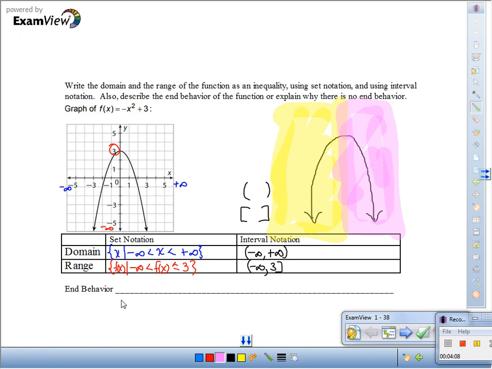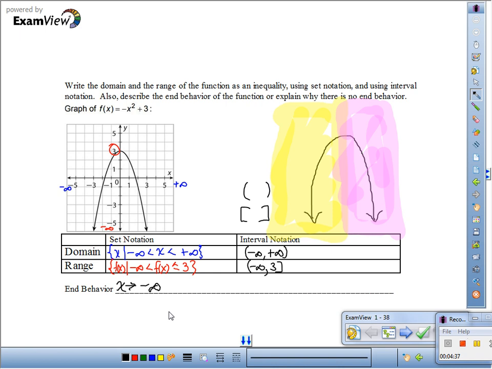Okay, so I'm going to first focus on this end, that it continues downward, but it continues opening up. What happens to the x values as this continues going downward and opening up? They keep getting close to what? Negative infinity. So for this end, we write as x approaches negative infinity, comma, what happens to the y values? They continue approaching what? No, look at it. Negative infinity. They continue approaching negative infinity because it goes downward. So f of x